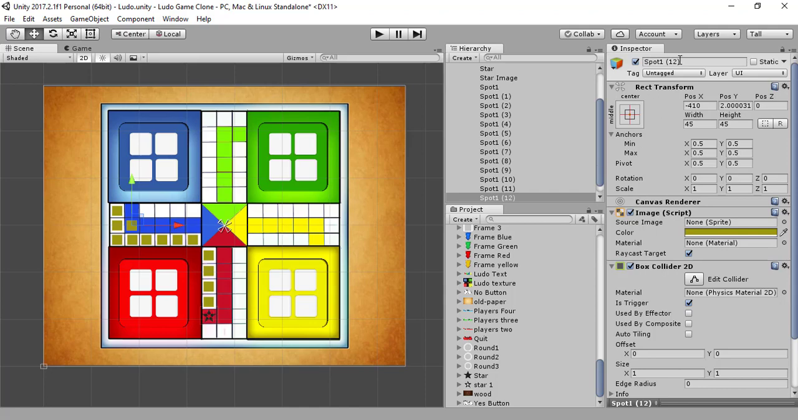Let me rename them so that we can identify them. You will know why I did this in a while, or probably in the next tutorial. Let me call it blue spot one, and then repeat this, blue spot two,